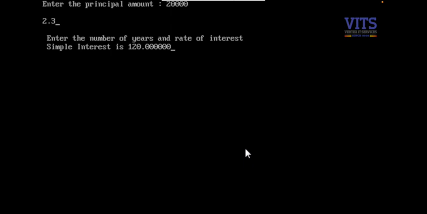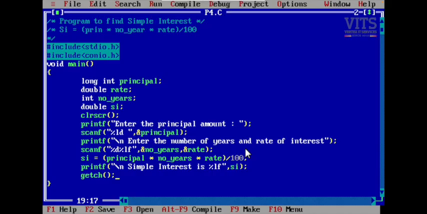Now you see it has not asked me number of years and rate of interest. Okay, so let us see our program. Yeah, you see here I have given a space in %LD. So this space is not required. Okay, now after I change my program, I will again save it and again compile it,